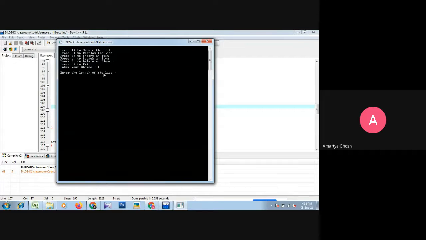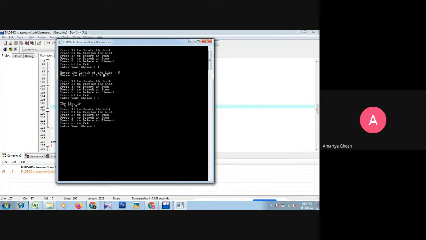Create 1, size 5: 1 space 3 space 5 space 7 space 9. Then 2 to display. Then 3, position 3, value 4.